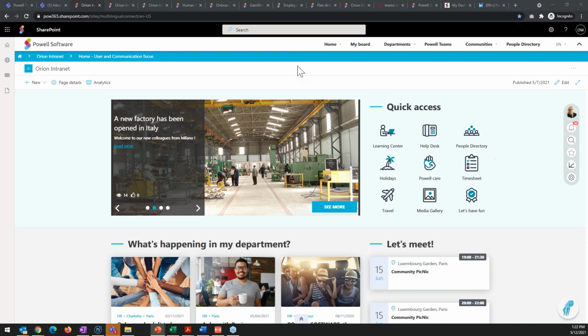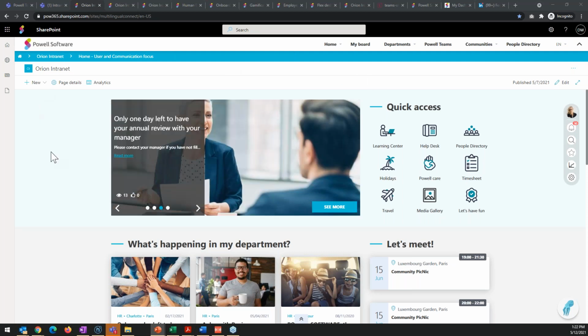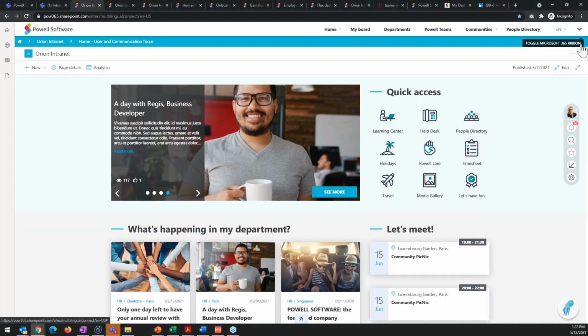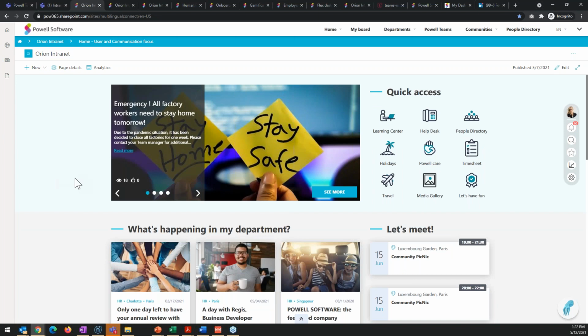Now, the first thing you can see in this demo environment is that obviously we are on SharePoint, so you've got your SharePoint header on top. So far, all good. What a lot of organizations like to do is hide the fact that they're on SharePoint so that you can reinforce your own branding as well. Here, obviously, you would be changing your logo, the colors, all the design so it matches your own corporate branding, of course.